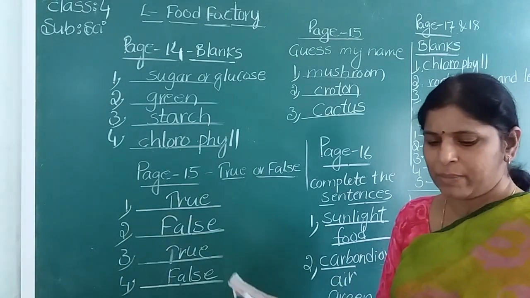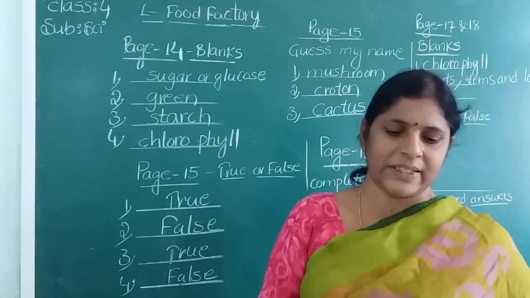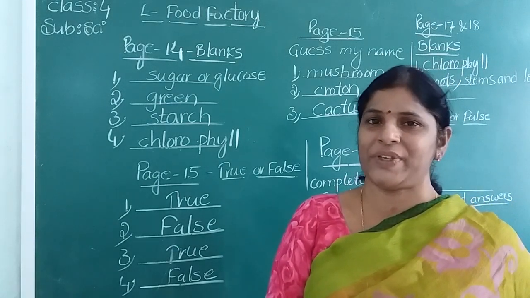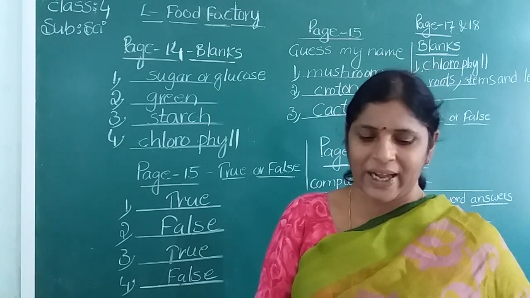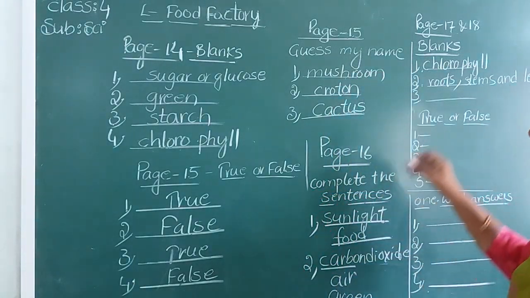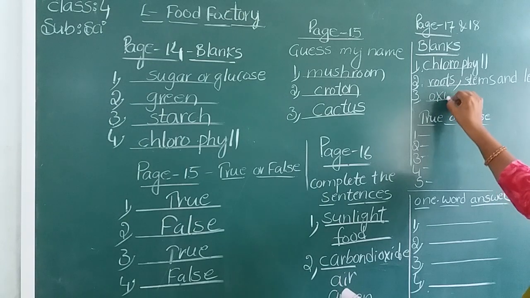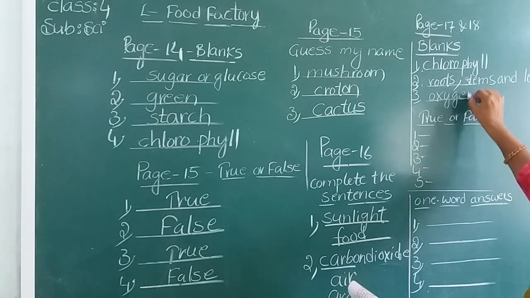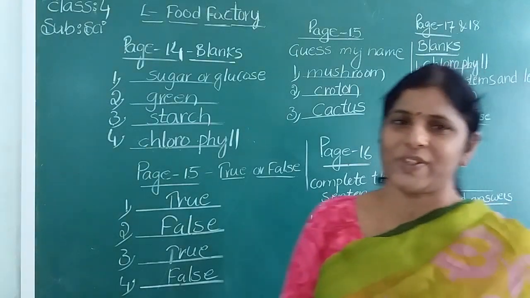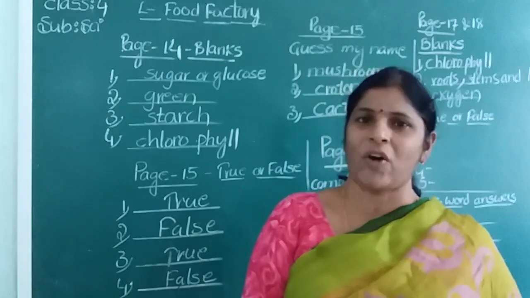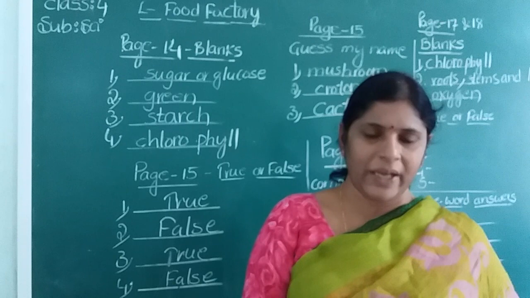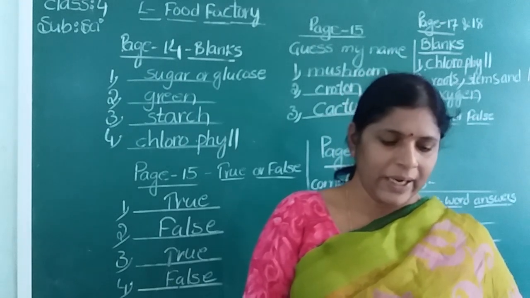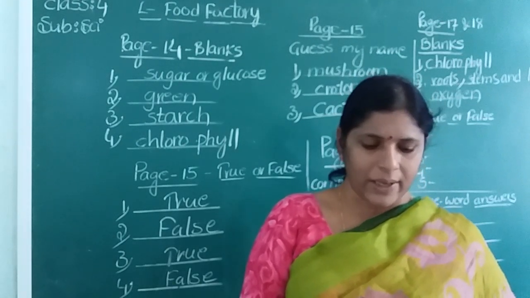Third question, see here. During photosynthesis, dash is released into the atmosphere. What is the byproduct of photosynthesis? Yes, you are right. That is oxygen. This is the byproduct of photosynthesis. During the process of photosynthesis, all green plants release oxygen. That oxygen also mixes into the air. Is it clear?